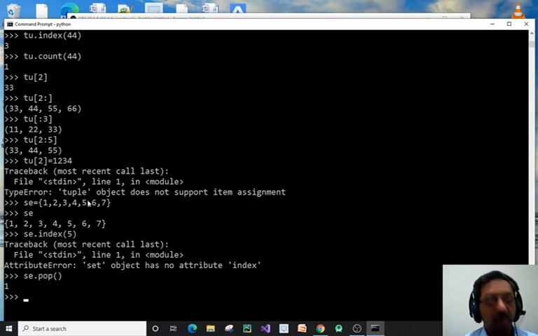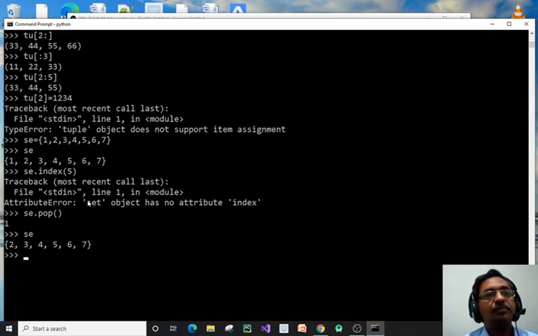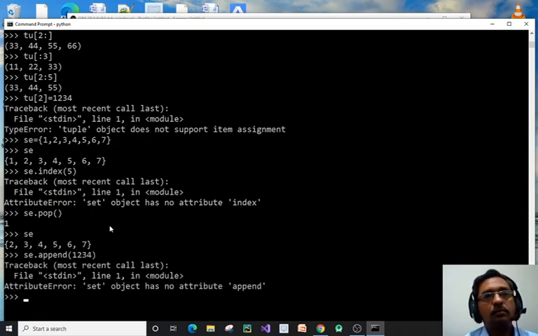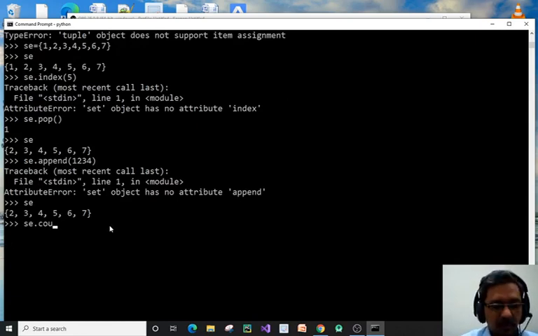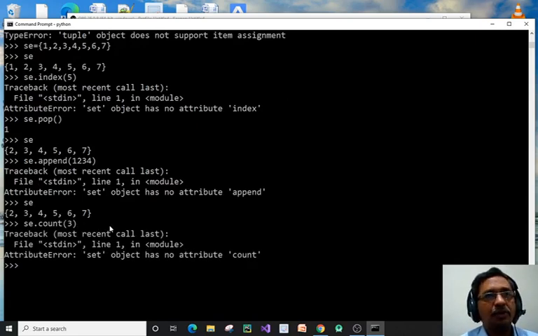Check se. This is a set, which is mentioned within curly brackets. Index is not possible. Why index is not possible, I will explain to you. Count is not possible. Then what is the use of set?